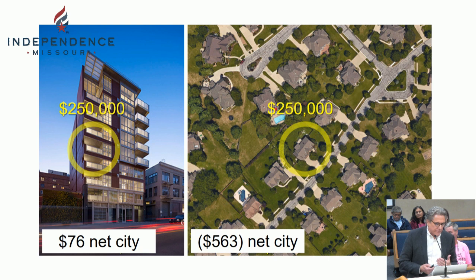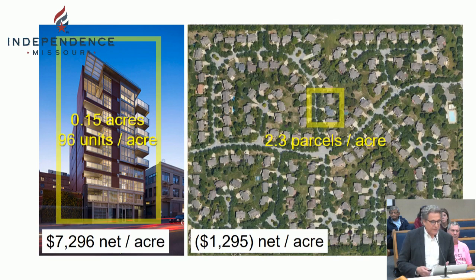Now, one way that we have been talking with cities about understanding this problem is to think about your city on a per acre basis, like a farmer would think about their farmland, and think about where you have really productive acres and where you have acres that aren't so productive. Any good farmer would pay a lot of attention to taking great care of those productive acres because that's what's bringing food home. And they're going to be careful about how they deal with investment in the less productive parts of their farm, or in our case, in our city. So if you look at the development pattern that way, the urban model is much more efficient than the post-1950s